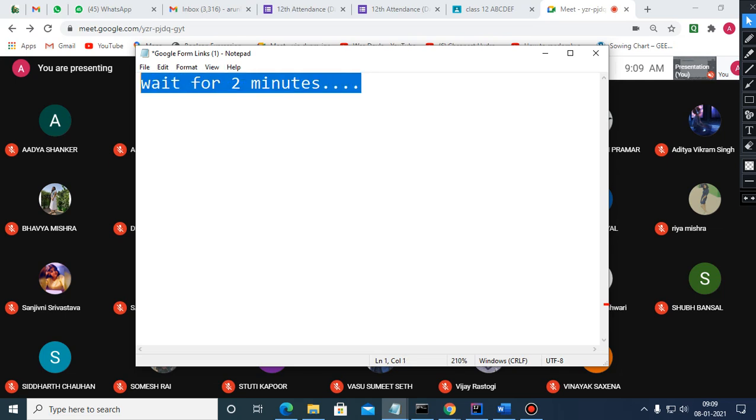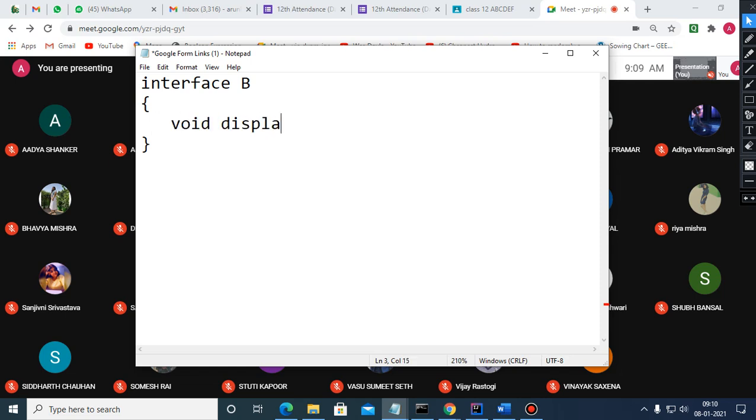In order to define this example you need to give interface B, and here just write one method, void display, and then class A implements B, and just leave it as it is. 1 mark straight away will be given.